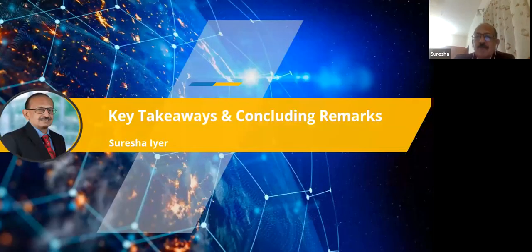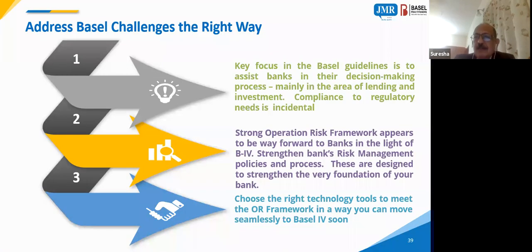Just to conclude, I would like to mention one or two things. Today, operational risk has assumed much greater importance than it had a couple of years back. Banks have no option today but to build a strong operational risk framework, and it has to align with the impending Basel IV, which is around the corner. This is an area of importance, and focus is very much required, and it aligns with your overall risk management vision.